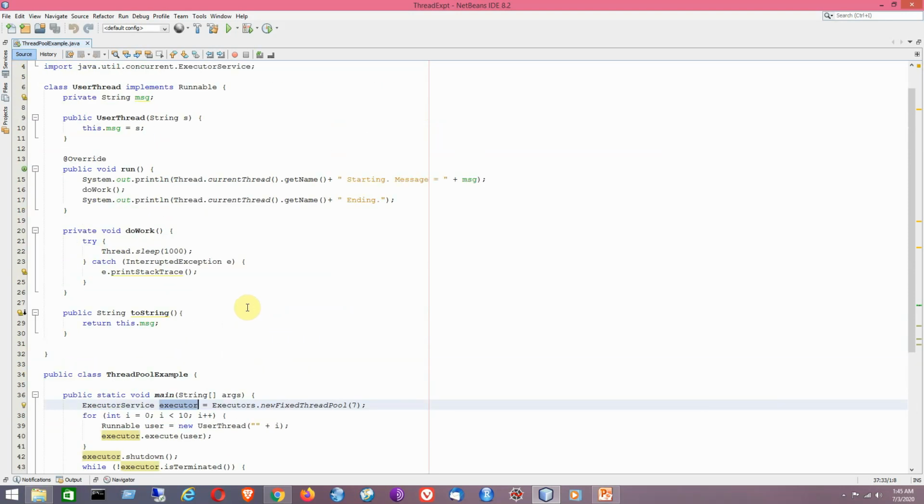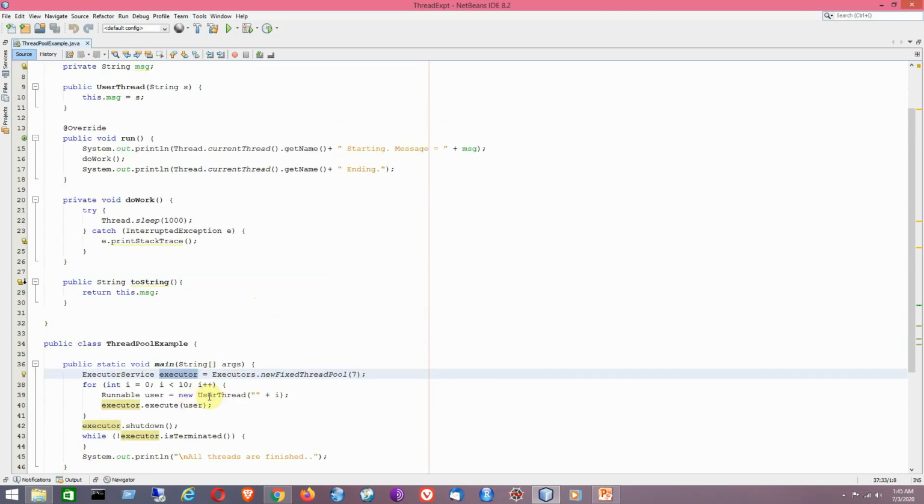Now whenever the object is getting created, the constructor gets called. That is the idea. But remember that there is no start method here. That is the most striking difference from the individual thread running in the earlier programs. Here you don't have to start the thread explicitly by calling the start method. Here the execute method of the Executor interface, which is the super interface of ExecutorService, will be starting the thread for you. But here you can have a different execution sequence for each run of the program.